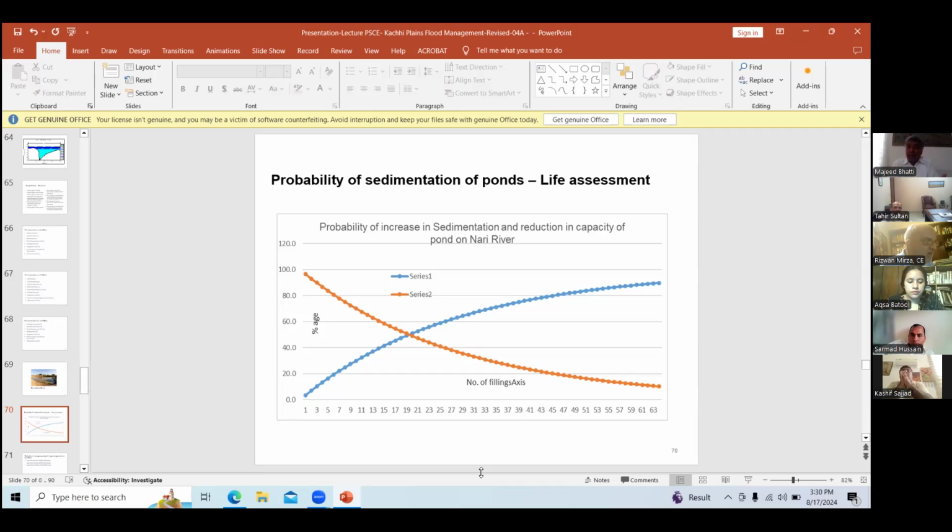So that will depend upon the silt content coming in each turn of flow of the river, and the number of flows in a year. So this is a graph with which we are trying to assess the life of these ponds, which is very important because these ponds are going to cost about 50 to 60 million rupees each.